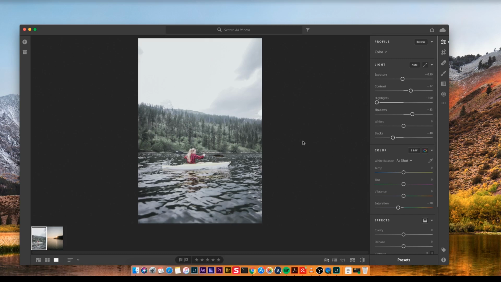Sometimes when I'm not at home and don't have my computer, I like to edit my photos on Lightroom Mobile. It used to be really hard to put presets on the Lightroom mobile app, but that changed with the latest update. You just go to Presets,